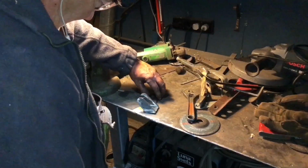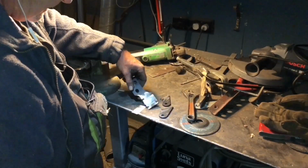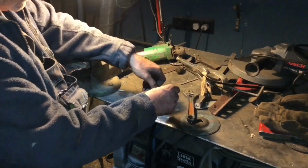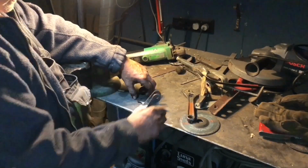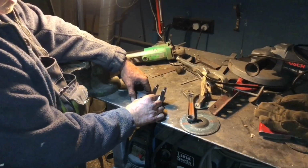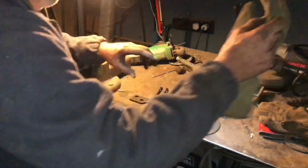Okay, so this is the bracket we had. I've ground out the welds. And I've got it into its component pieces. That's really hot. So this is what we had. Right, and this is what we want. We need the bracket to be like that. And then I think once it's this way round, we've got a good chance of it working. But before we weld that together, which is quite hot,